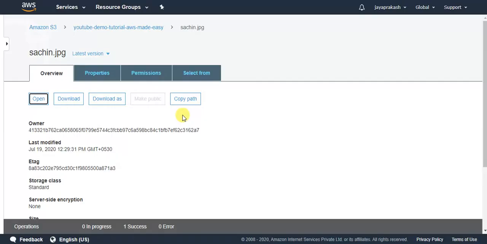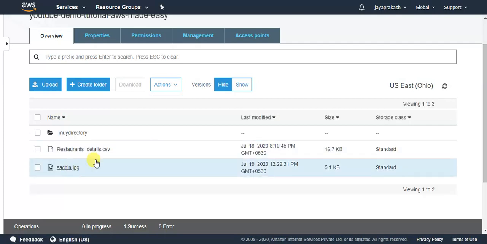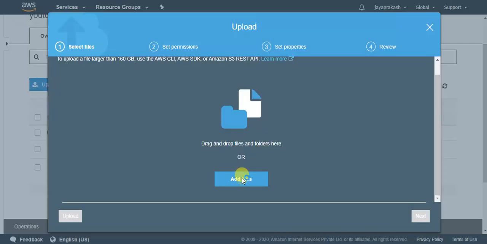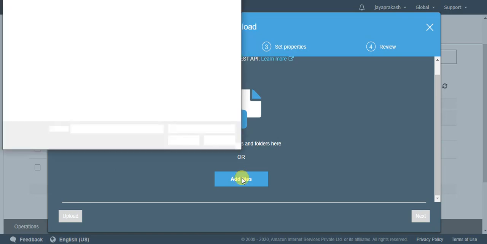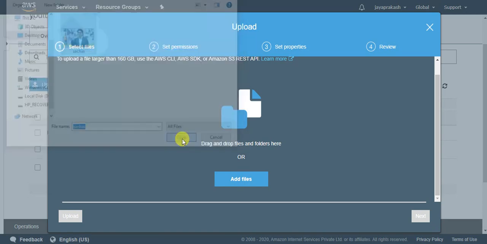What I'll do next is upload a file with the same name, Sachin.jpg, but a different picture. It means that I am uploading a different version of this file. So let me upload a different file here. I'll upload this pic now, which is also Sachin.jpg.